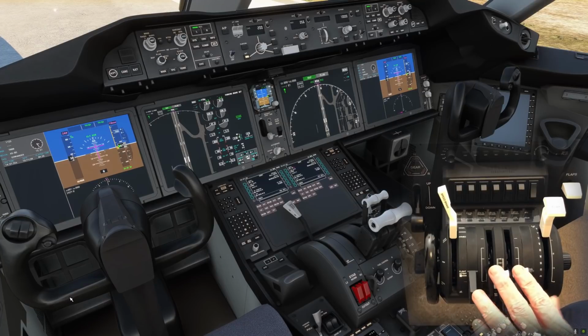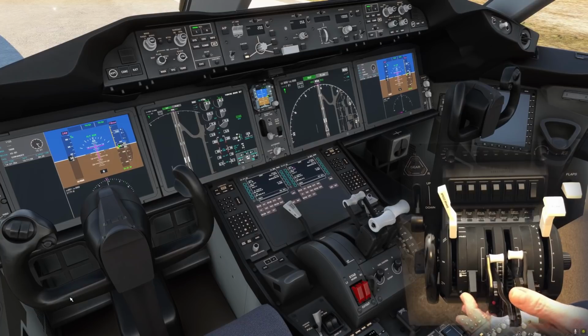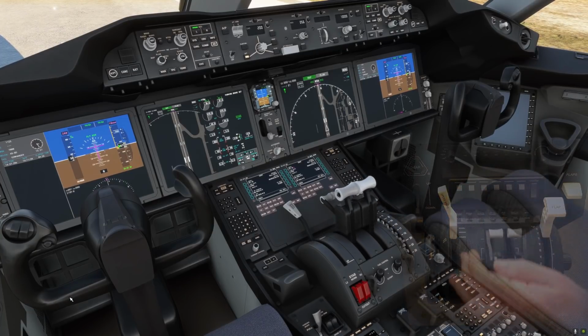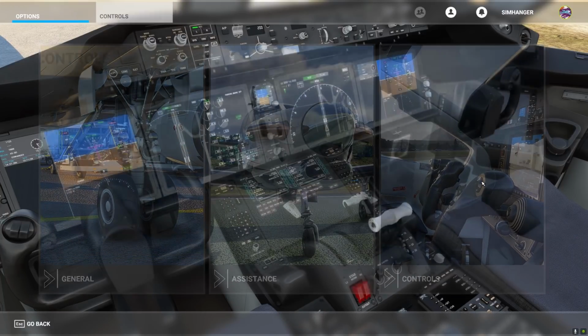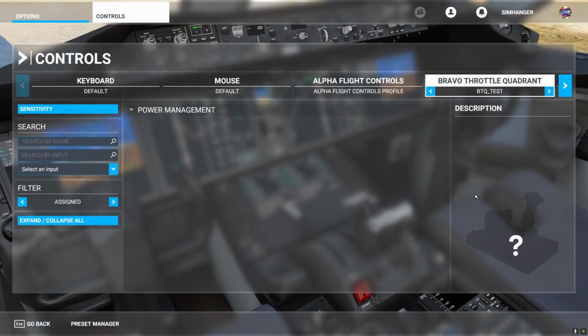I'm now going to push the reversers forward and just press the little red button on throttle number 1 and out she comes. No need to move the throttles to come out of reverse. Let's head back to the controls and let's continue and finish off the mappings by doing our flaps and our